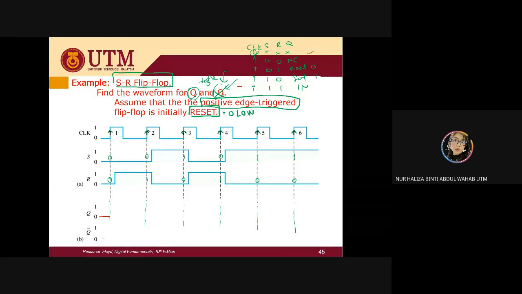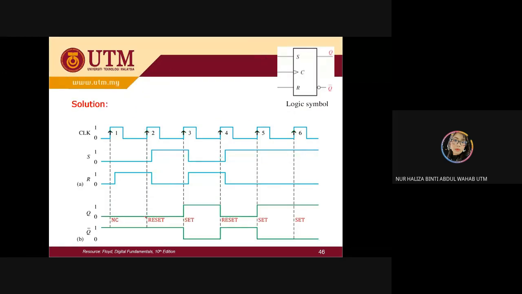No change. So I just directly draw until my next dotted line, which is at my positive clock here. So at this line, my next input is 0, 1. 0, 1 is reset. So it still maintains 0 until